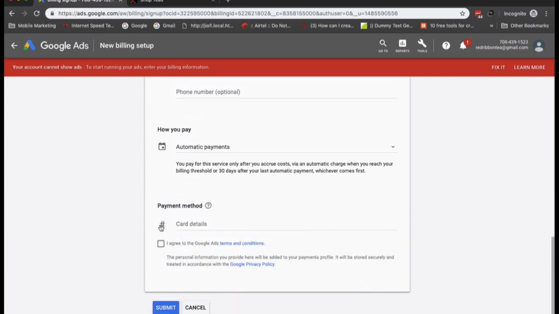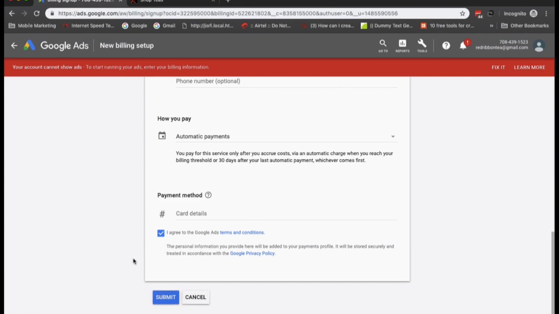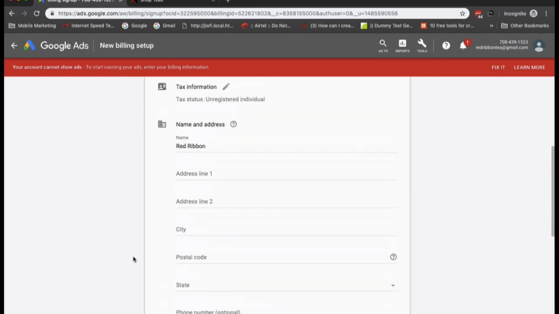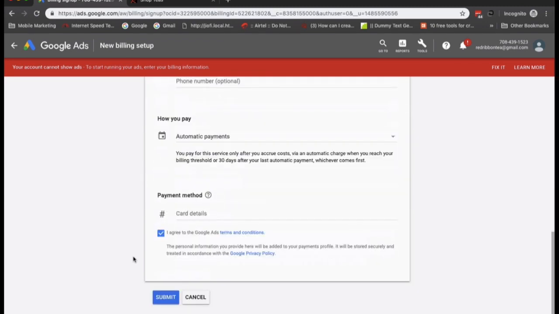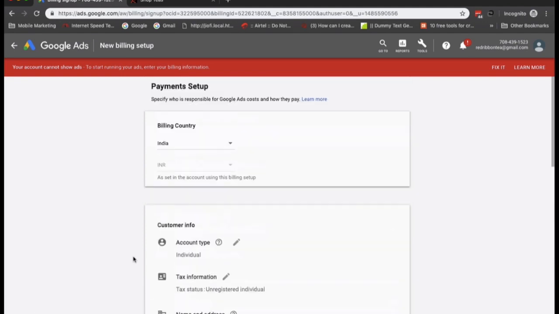If I fill in all the details here with manual or automatic payment and submit it, my payment will take effect, and this red bar will vanish from the dashboard. So this is how you fix the payments or set up the payment in Google Ads.